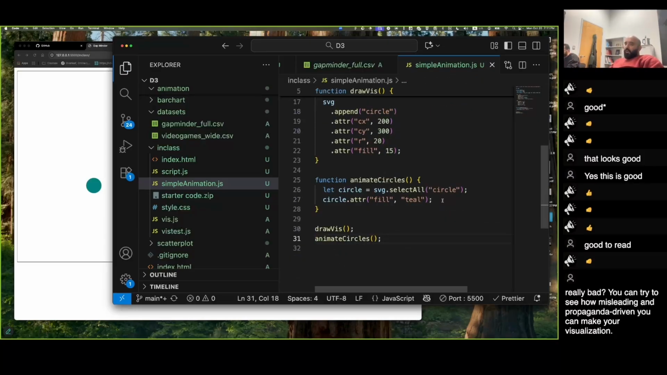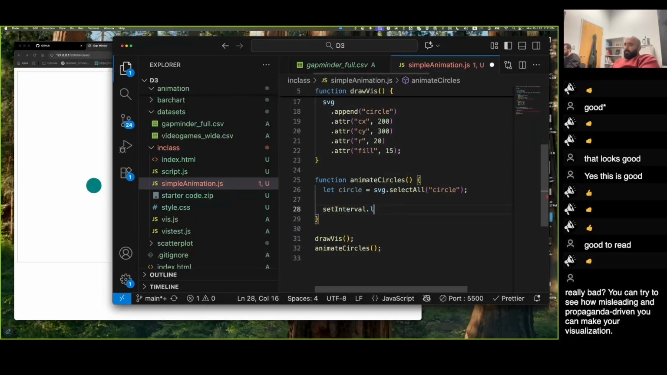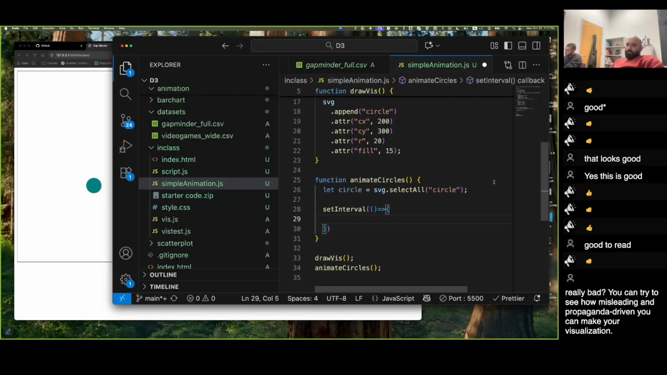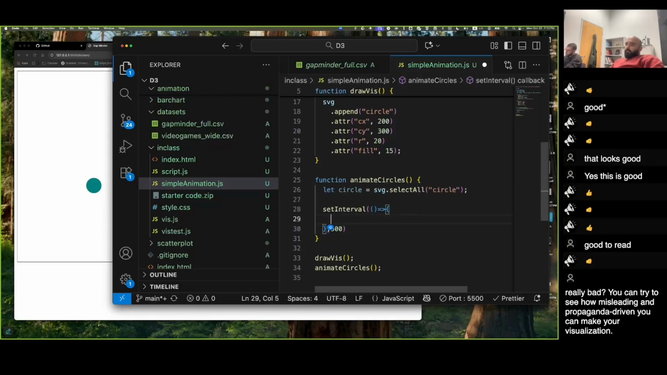It'll do this for all circles if you do select all. So how do you think we're gonna animate? I'm just gonna do JavaScript has a useful function called setInterval, where it takes a function as an input, and then it takes a duration in milliseconds. And I'm just gonna go, I don't know, 500 milliseconds. Okay? And then